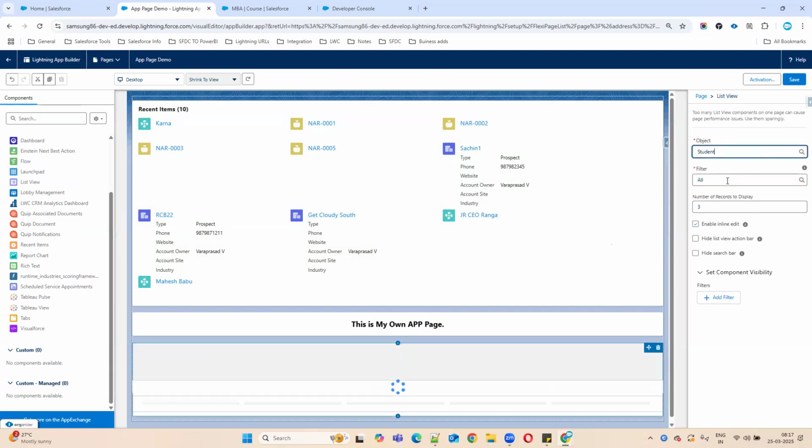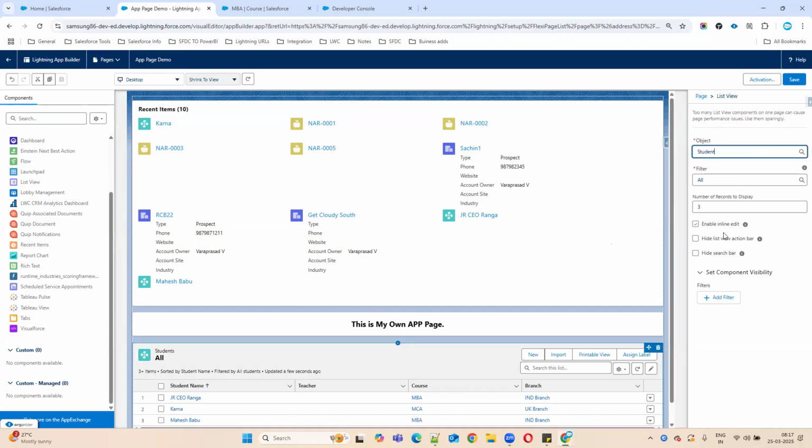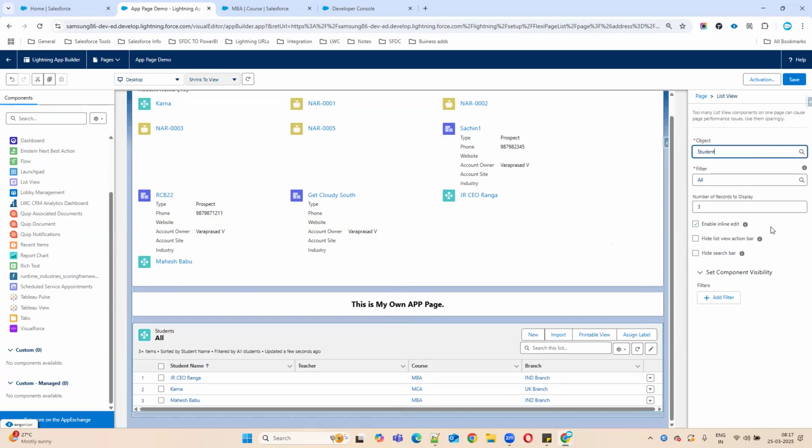Rent object, filter all, something like this, right? What else do you want to add? Like this, you can add whatever you want. Currently, we have not built any dashboard. We have not built any flows. That's why I'm not adding all these things. This is our own page like this.